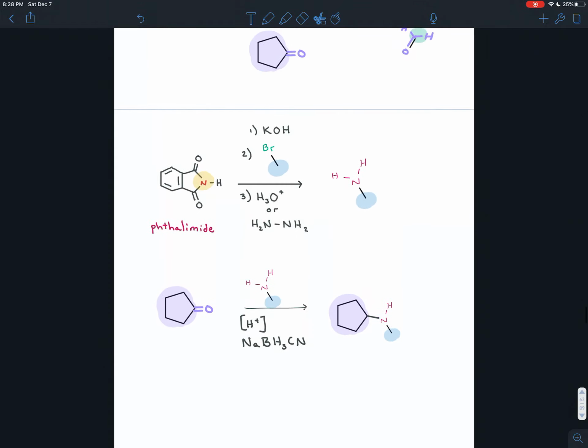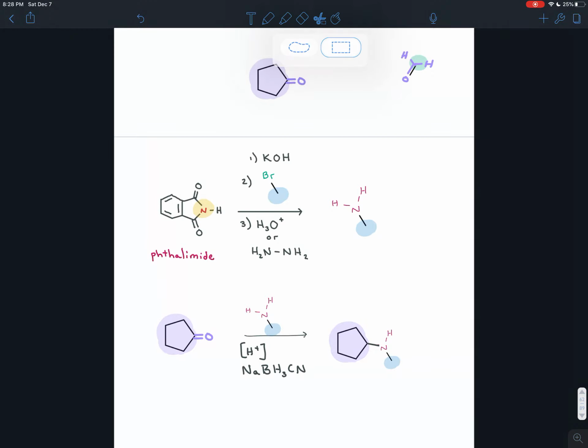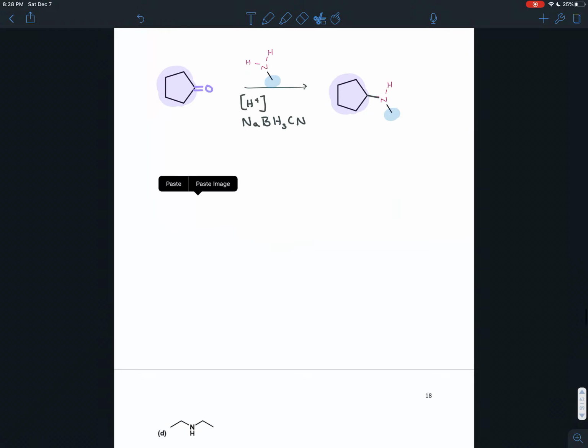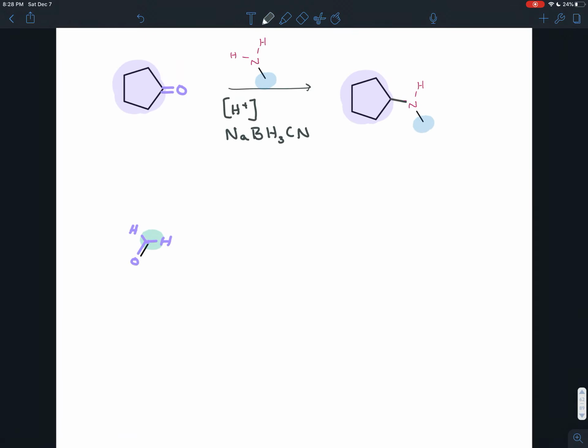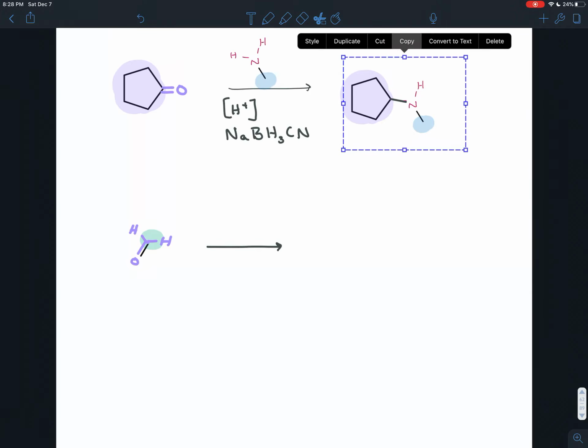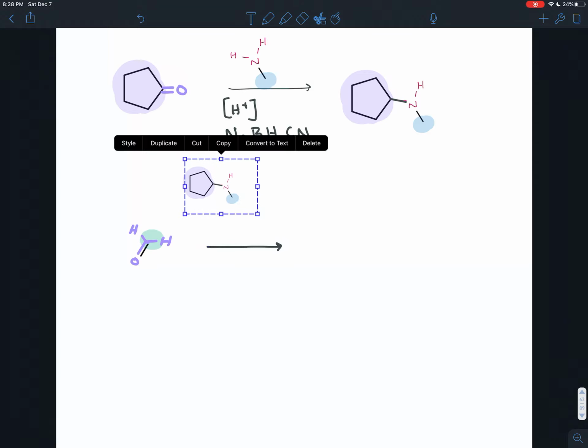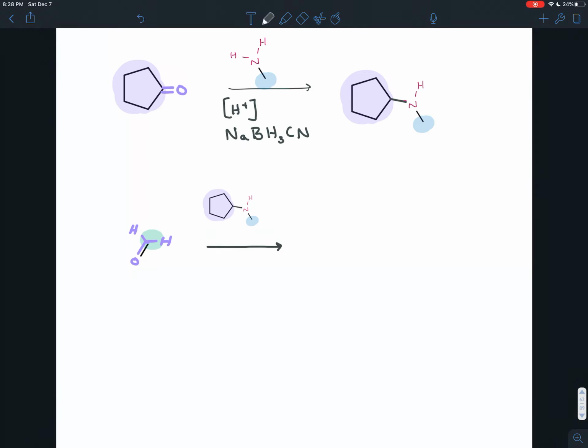We just have to add the 3rd group, the group that we had in green. So we take that formaldehyde and we treat it with the amine that we made in the previous step. And if we mix that with the carbonyl compound, in the presence of an acid catalyst and a weak reducing agent like sodium cyanoborohydride, NaBH3CN,